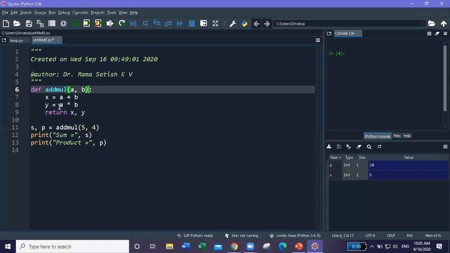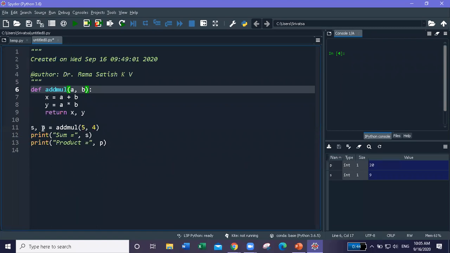It returns x comma y. This is one of the unique features of Python, where you can return multiple values, which is not possible in any programming language other than Python.